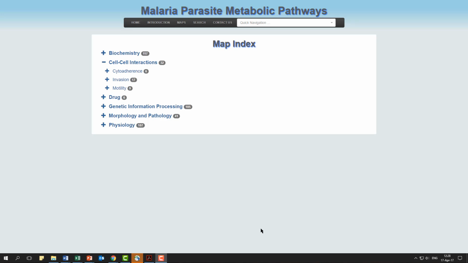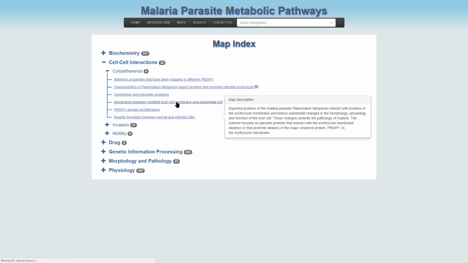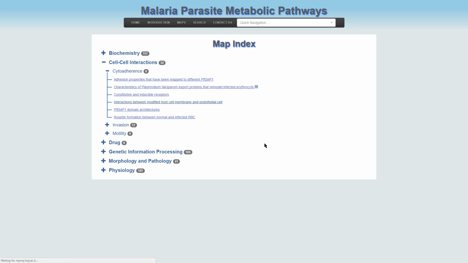In this tutorial, we shall deal with cell-cell interaction, which is here shown as subdivided into three subcategories: cytoadherence, invasion, and motility. We go first to cytoadherence, and we see here several maps, and we'll go first to the interaction between the modified host cell and